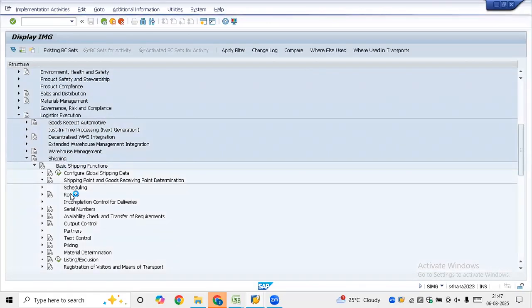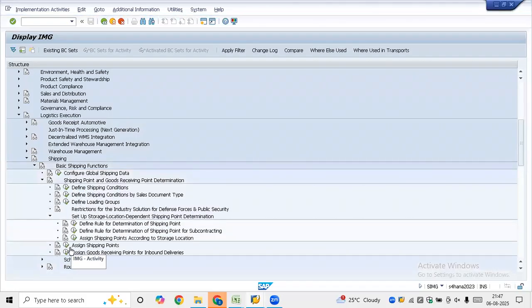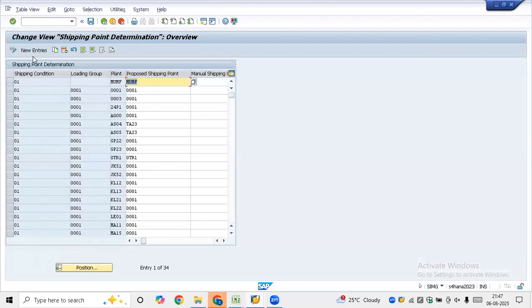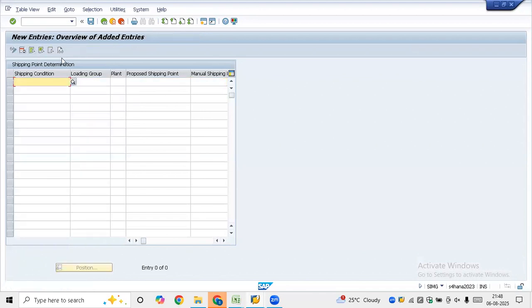Shipping point determination. That is assigned shipping point. Shipping condition, loading group, plus plant is nothing but a proposed shipping point. How many can we have? Okay, I'll put a new entry, so that it will not propose shipping point 1. I just want to make it 2, 3,